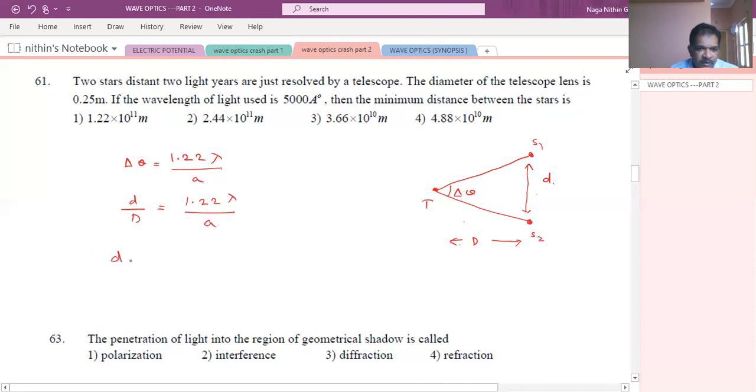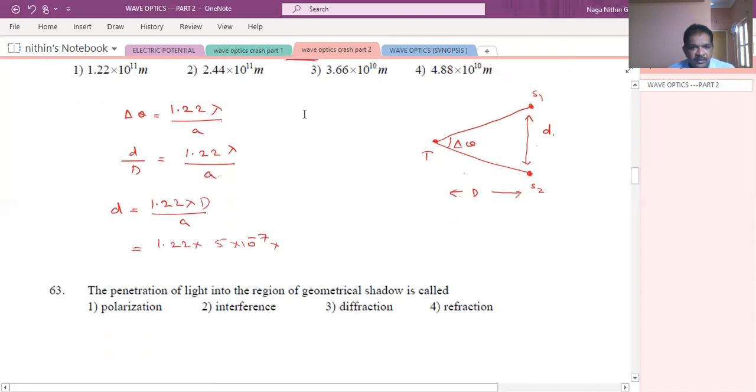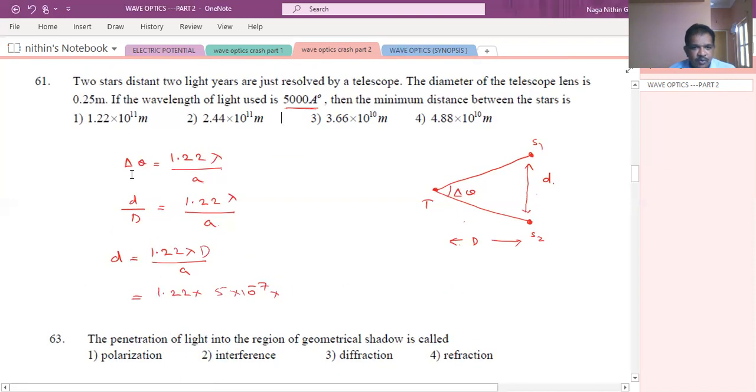So small d is equal to 1.22 lambda D by a. Lambda value is 5 into 10 power minus 7. Here they gave 5000 angstrom unit, which means 5 into 10 power minus 7. D value is 2 light years, so 2 into